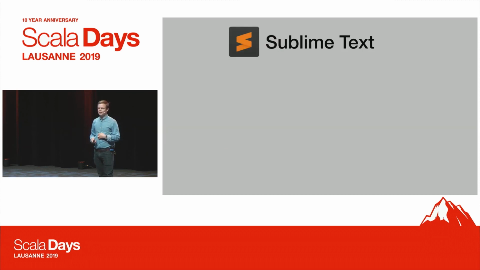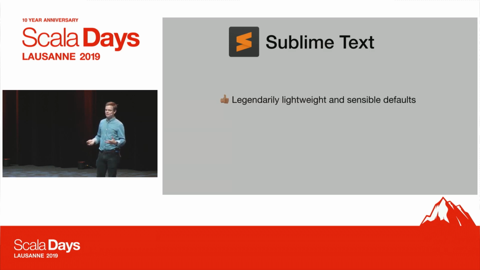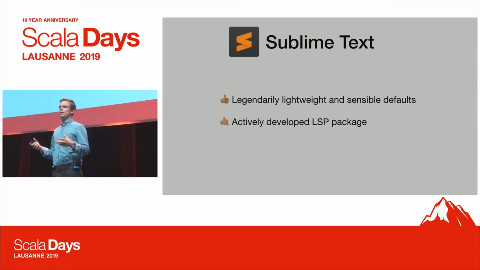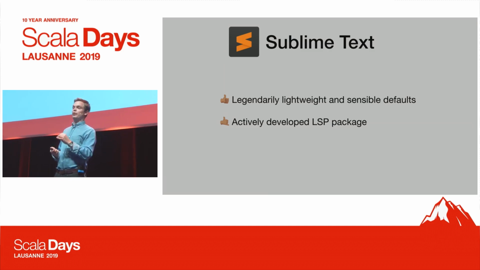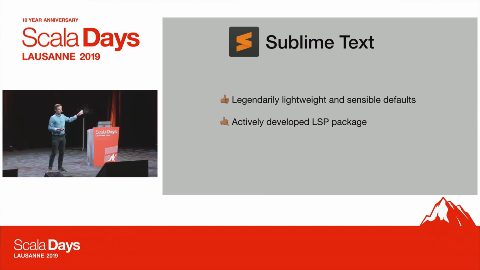And Sublime Text, I've never used really, but I have great respect for. It's primarily because it's legendarily lightweight, and it has really good defaults, in my opinion. And it's not as comprehensive today as Emacs and Vim, the LSP package, but it's actively developed, and I think there's an open PR adding some of the more advanced pieces and completions. So it's getting really close, which makes me very optimistic. I would really wish Sublime Text, with that sensible default philosophy, should just have LSP out of the box, and it would be a huge boost for Sublime.